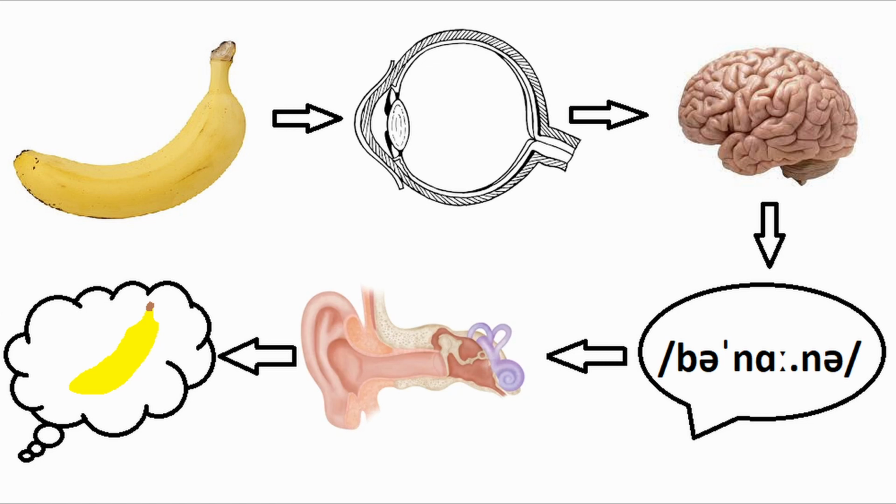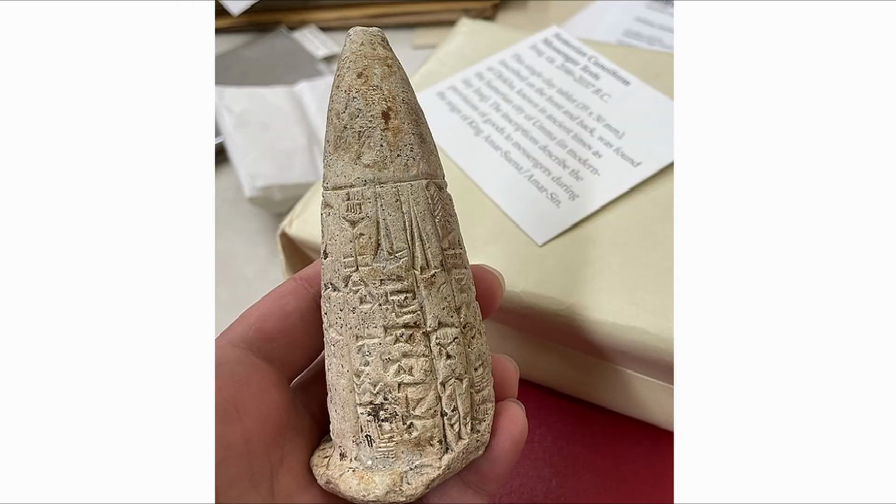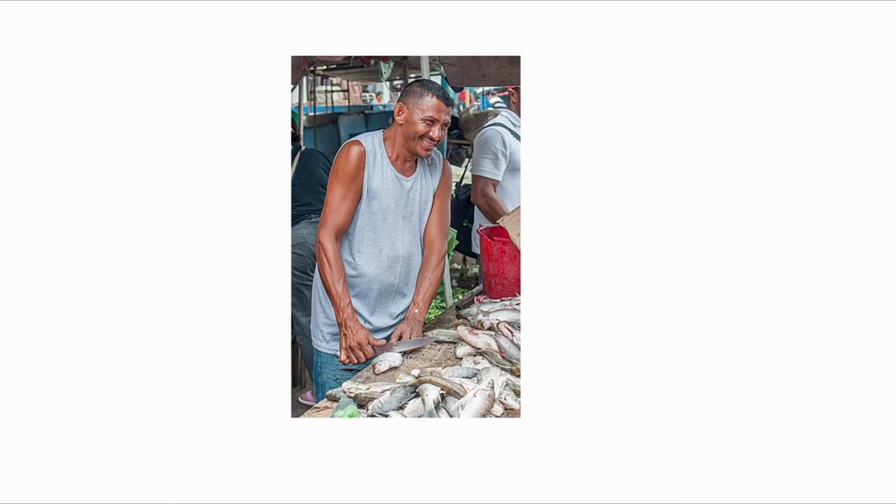What's the word that comes to mind when you see this? Or this? See? No thought needed. But what about when you see this? Or this? If your vocabulary doesn't have a specific word for this, then you may have to think for a little. The vast majority of words started out like this.